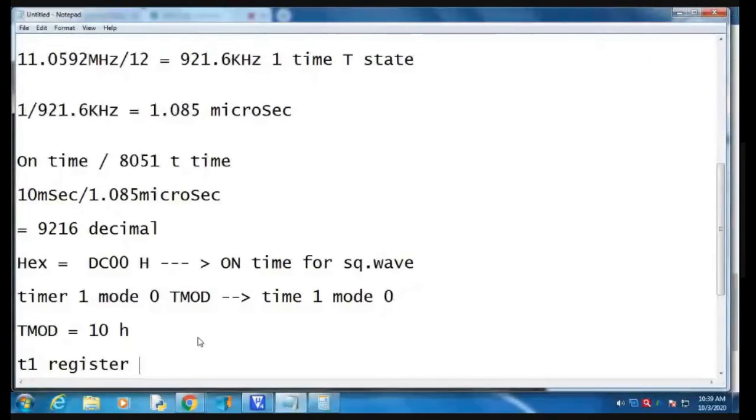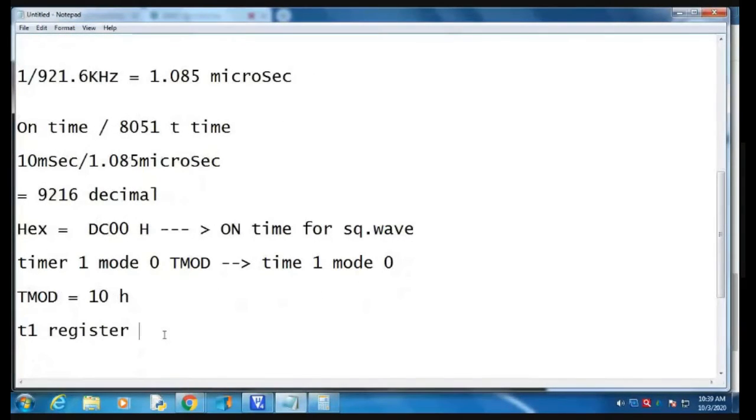So, to utilize the timer 1 register, we define TL1 and TH1. Why? Because we are using timer 1, so we require the registers TL1 and TH1.